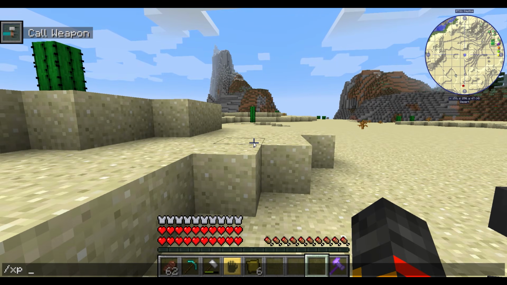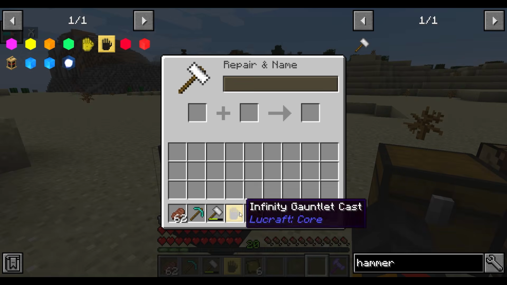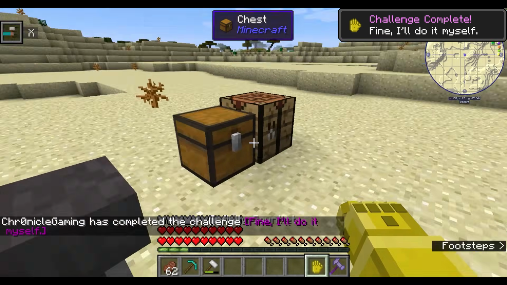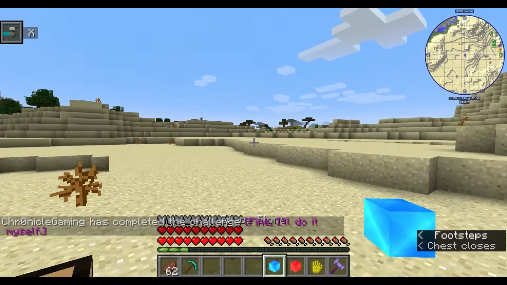I'm going to quickly /xp set Chronicle Gaming 20. So that you get the Infinity Gauntlet, and fine, I'll do it myself. Now you can put that back in there, and assuming you already have the space and reality stone,